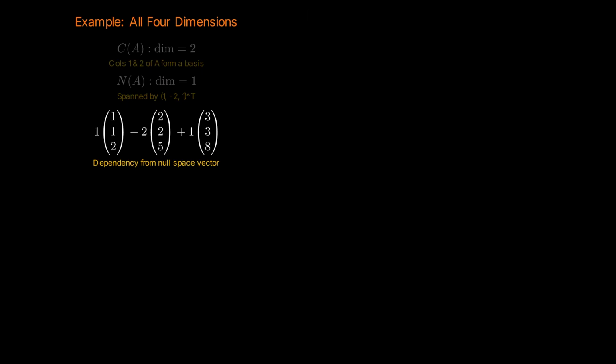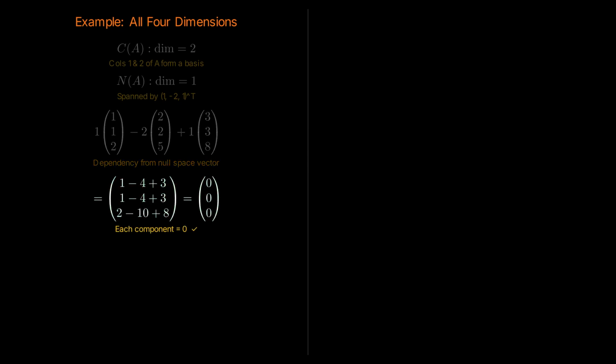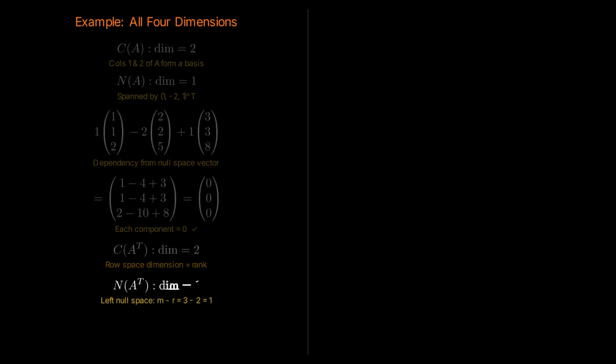Let's verify. 1 times column 1, which is 1, 1, 2, minus 2 times column 2, which is 2, 2, 5, plus 1 times column 3, which is 3, 3, 8, equals the 0 vector. Checking the first component, 1 minus 4 plus 3 equals 0. Second component, 1 minus 4 plus 3 equals 0. Third component, 2 minus 10 plus 8 equals 0. Confirmed. The row space C of A transpose has dimension 2, and the left null space N of A transpose